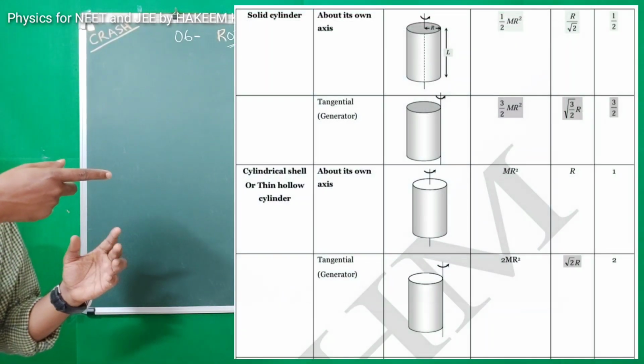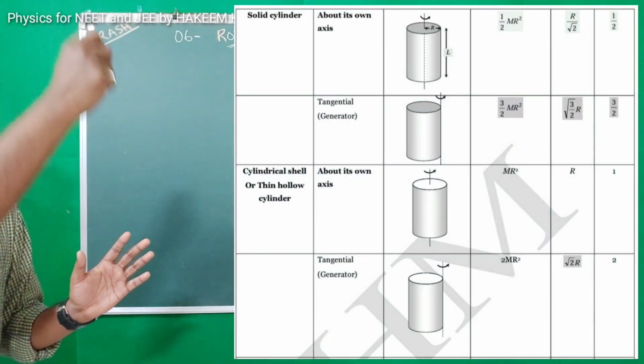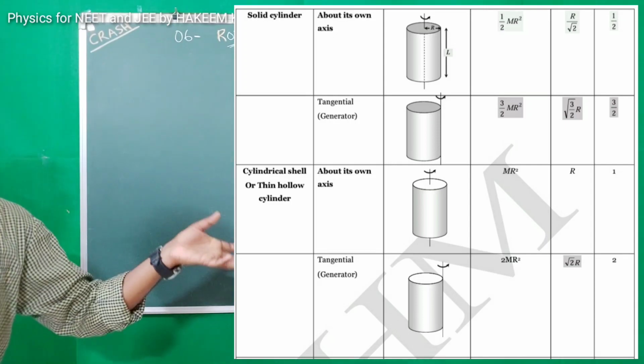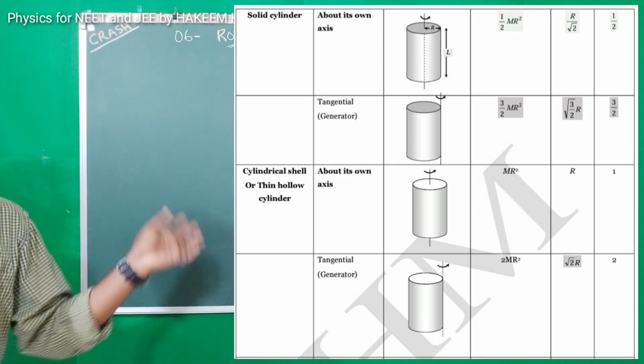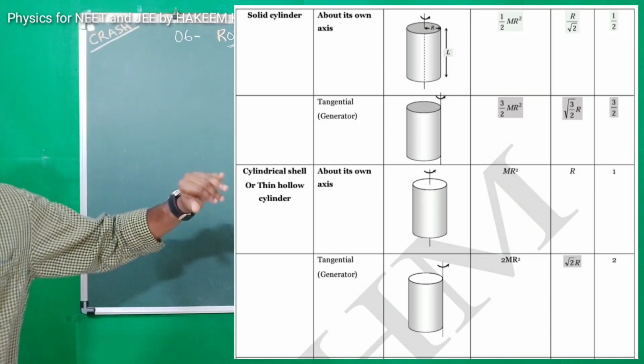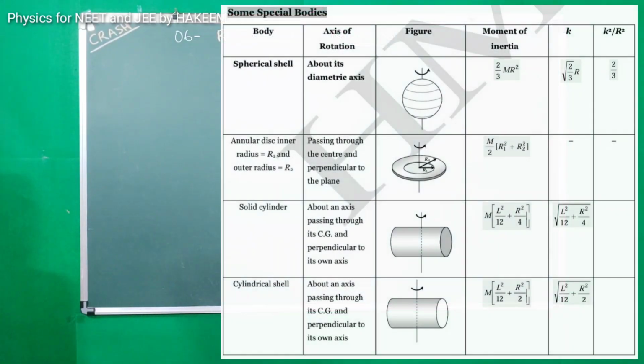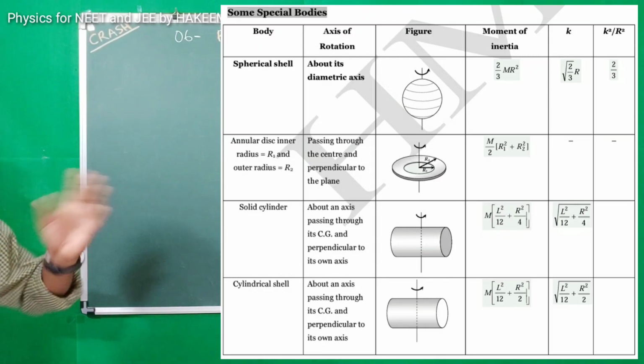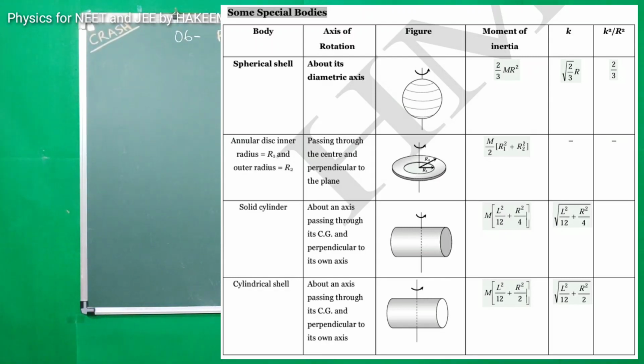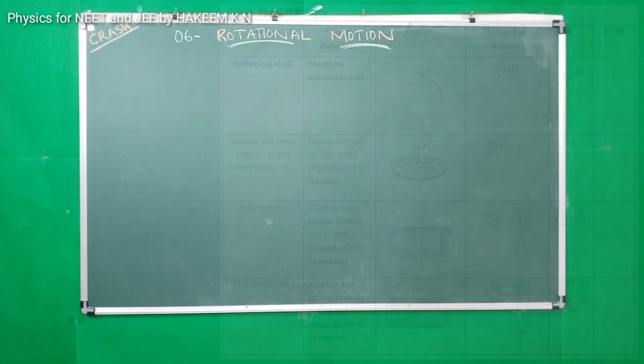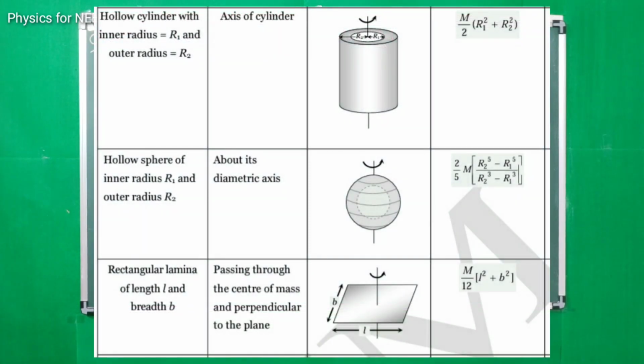In the earlier case, we discussed the moment of inertia about the axis of the cylinder. For a hollow cylinder, it is MR², and for a solid cylinder, it is MR²/2. Here, the axis is perpendicular to the axis of the cylinder. It is found using M(L²/12 + R²/4) with inner radius R1 and outer radius R2, same as the case of the annular disc, and the hollow sphere with inner radius R1 and outer radius